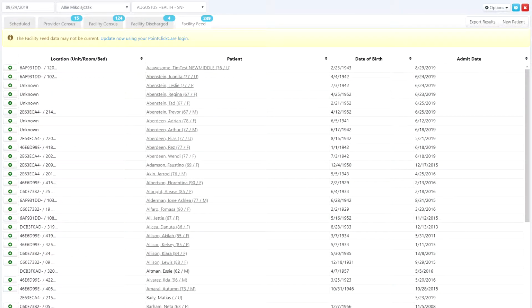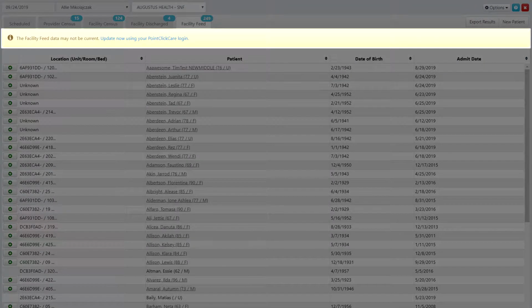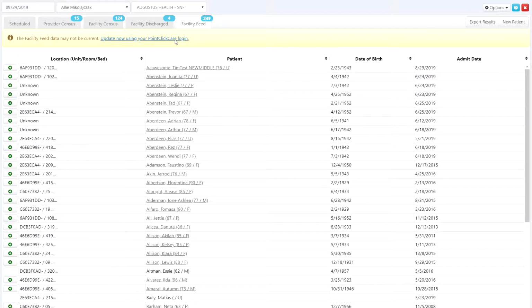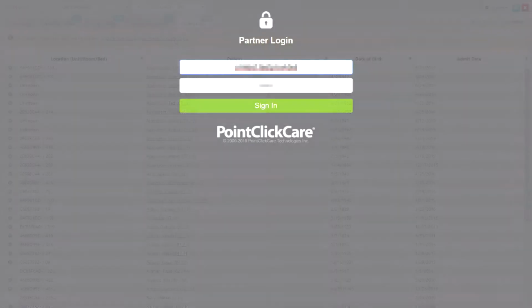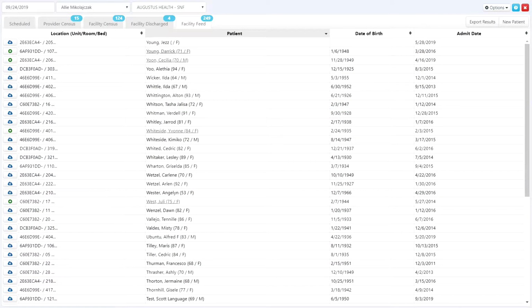A notification banner may appear at the top of the facility feed in the event that PointClickCare login credentials need to be validated. Clicking the notification banner redirects to the PointClickCare login screen, where the login for the building may be entered. Once signed in, every active patient on the PointClickCare facility census will be available to import from the